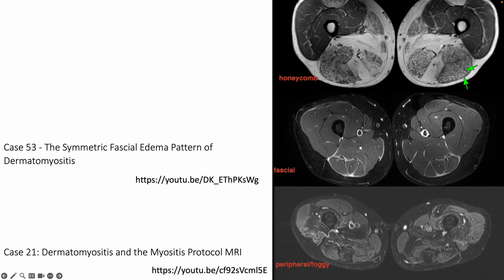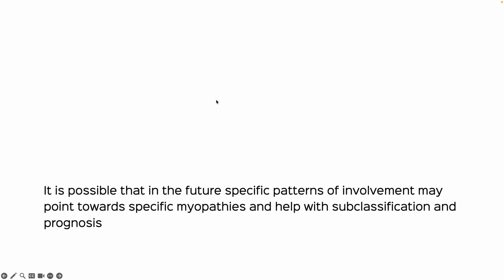And I guess within the next year, I should be able to see the rest of the coarse dot, fine dot, and perhaps just foggy and peripheral patterns and then show them up. And I guess at the end, we'll have a course that we could do on different patterns of myopathy involvement. So it is possible that in the future, specific patterns of involvement may point towards specific myopathies. They still do, but perhaps even better, and help with